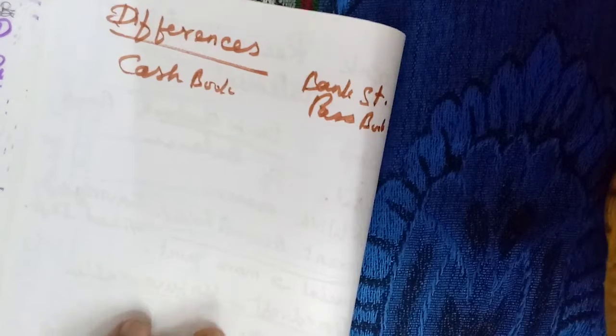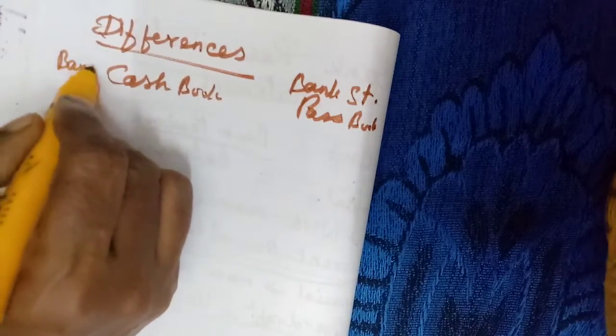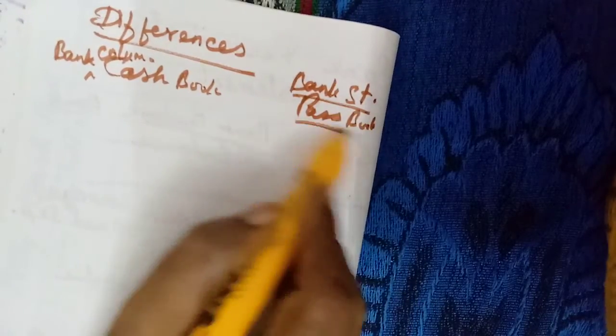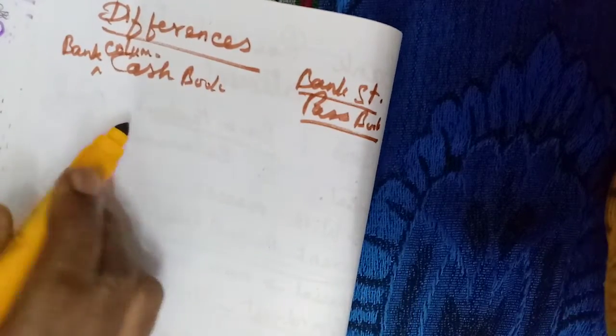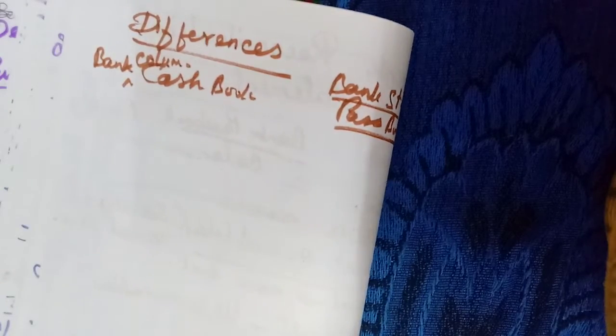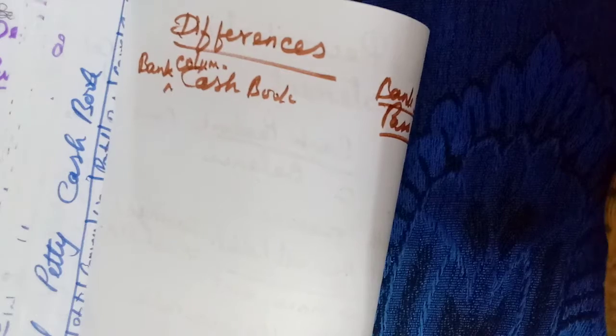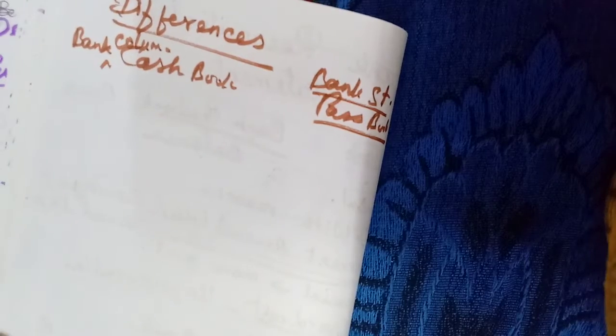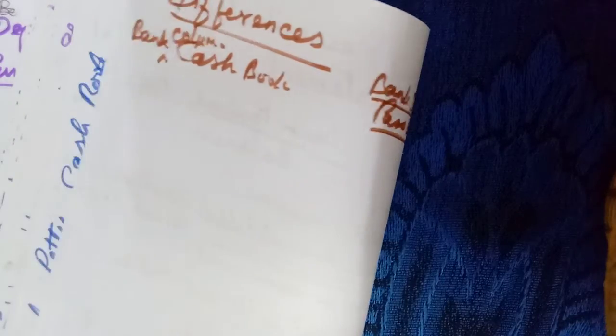Cash book, here bank column of the cash book. Cash column we do not worry about, but this bank column of the cash book only we have to compare with the bank statement or passbook. Here who is preparing the bank column of the cash book? The business concern, isn't it? It is prepared by the business concern, maybe the cashier. But who will prepare the passbook? It will be prepared by the banker, by the bank.